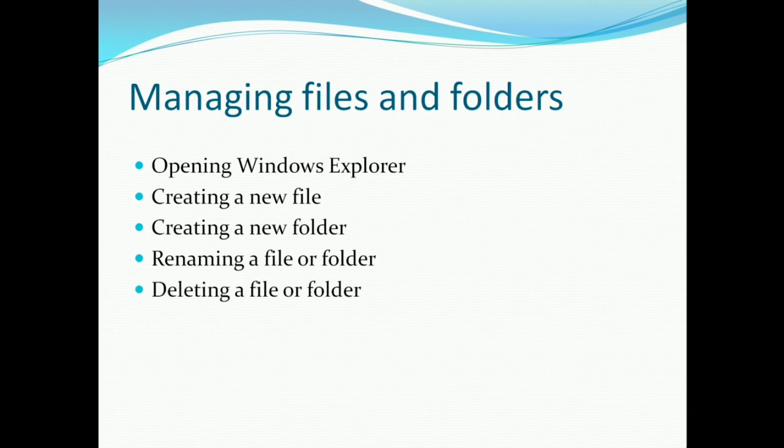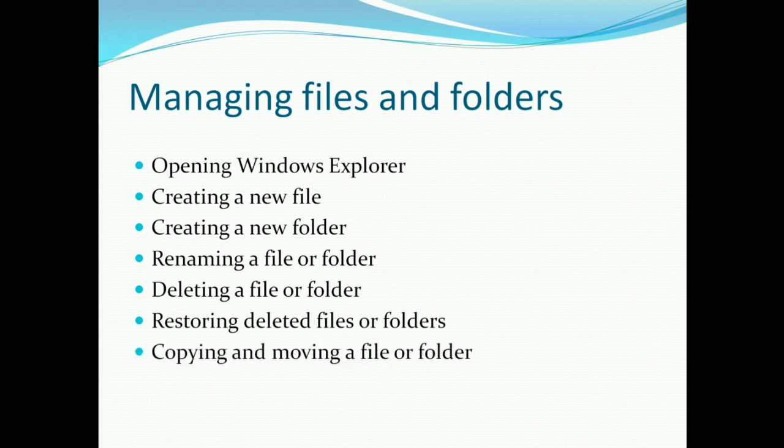So it is possible to restore the deleted files or folders from the recycle bin by using the option called Restore. We can copy and move files and folders from Windows Explorer to another location by using the options called Copy and Cut. And also it is possible to select multiple files or folders. To select adjacent files or folders, we have to click on the first file or folder, then press the Shift key. Suppose we need to select non-adjacent files or folders, we have to click on the first file or folder, then press and hold the Control key.